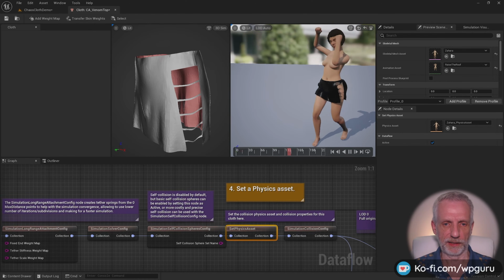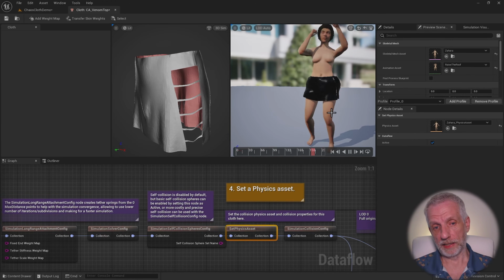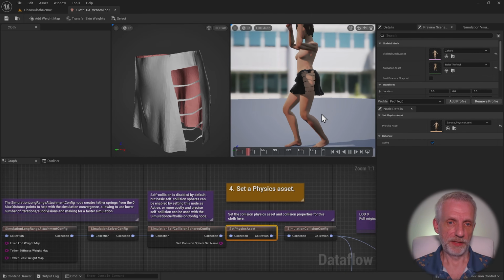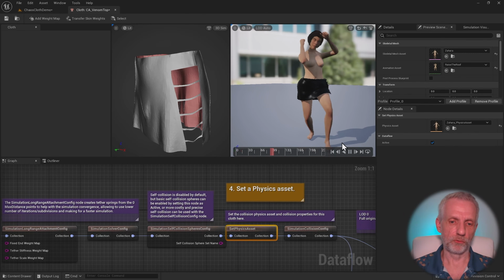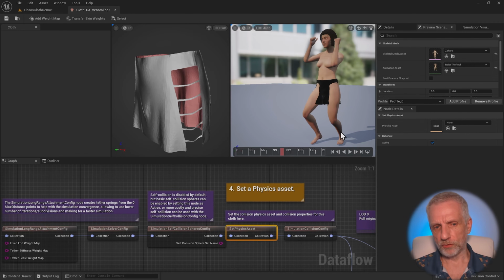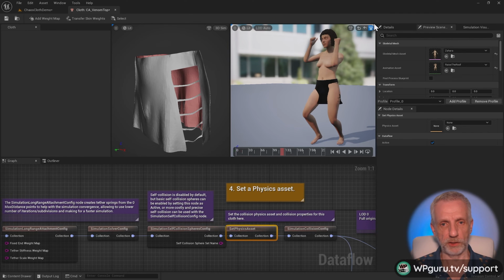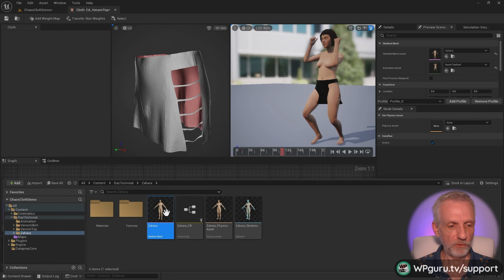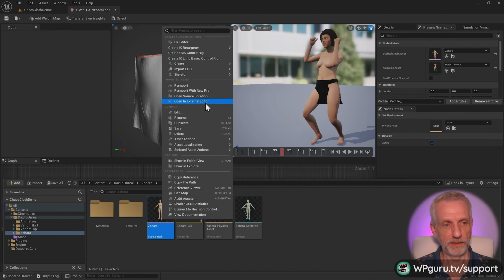The cloth is settling in, and that is how it now collides with the physics asset. But as I said, the physics asset is not so good right now. Let me pause this and clear this out. Again, I'm just trying to prevent Unreal Engine from crashing. Here, stop the simulation, and I'll go back into my content browser, right click on my character and head over